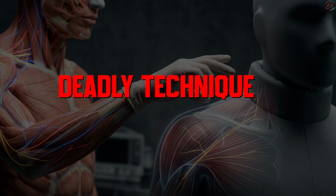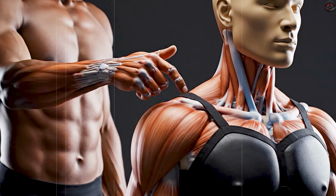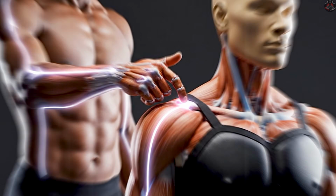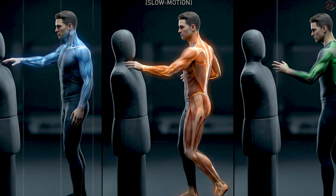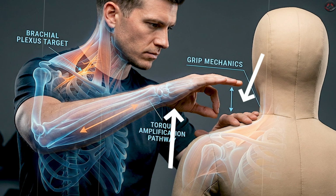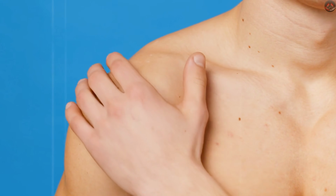Ultimate reveal. Deadly Technique 7. The paralyzing brachial plexus stun pinch, a nerve-crushing grip targeting the shoulder-neck cluster for arm deadening and limb shutdown. Picture fingers digging into the plexus bundle, turning reach into numb uselessness with surgical cruelty. Torque amplifies. Perform surgically. Slide fingers into the neck-shoulder notch for access. Clamp vise-like, digging thumb and fingers deep into the bundle. Twist the torso sharply, pinching harder before